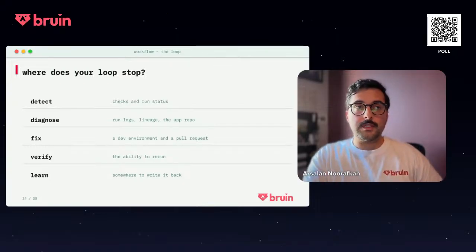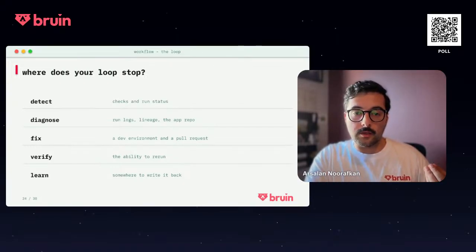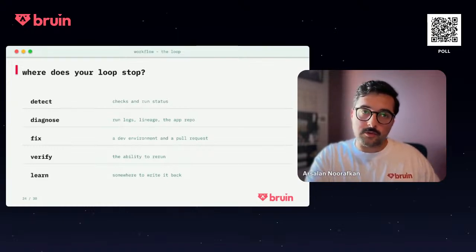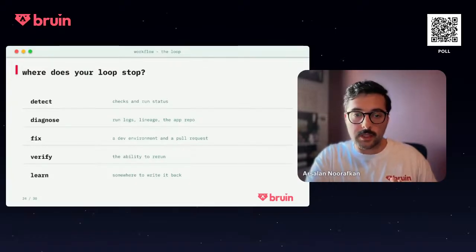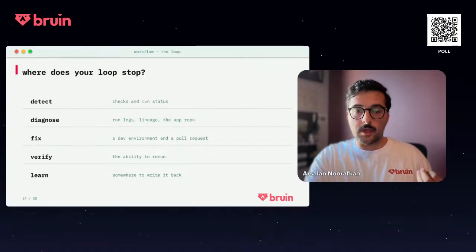So the loop that you want to create, as we mentioned before, is you want to be able to first detect the issue. This can be actual pipeline failures. They can be quality checks. They can be a scheduled agent that goes and checks your pipelines and understands if there have been any failures, but also anomalies or anything like that, and being able to check the logs, the lineage, diagnose, triage, assess the impact and everything, and then go ahead and actually fix the problem, create the PR, depending